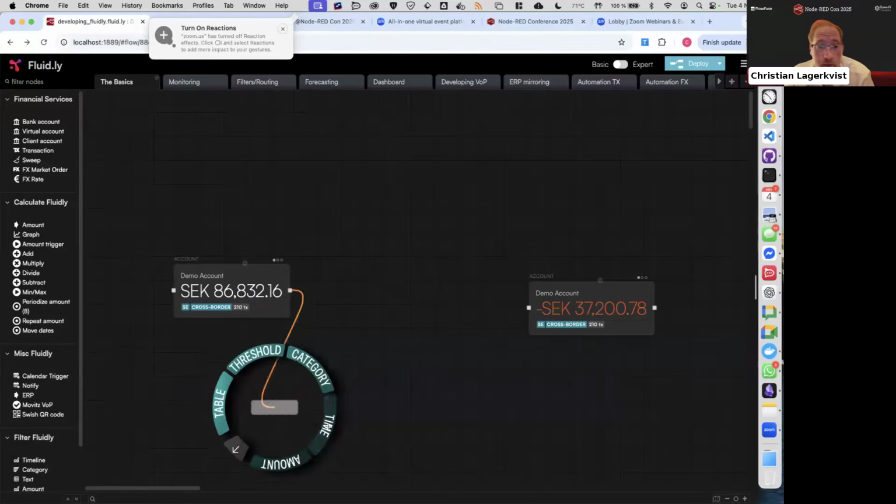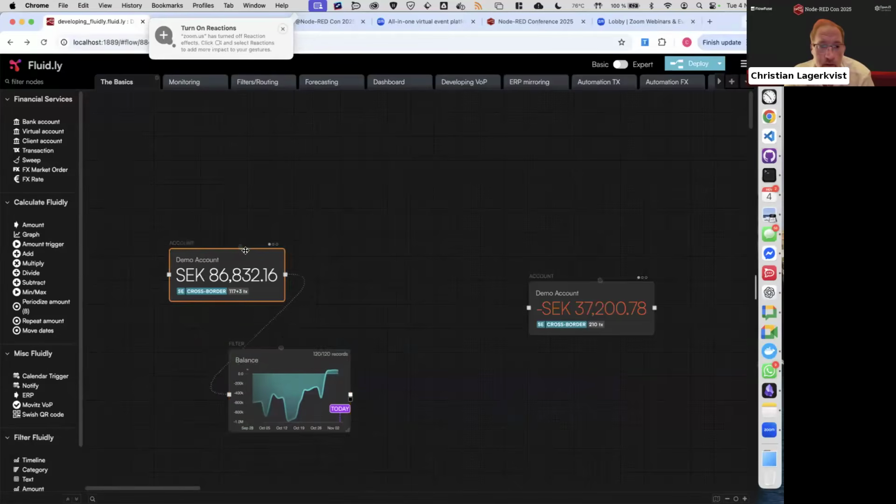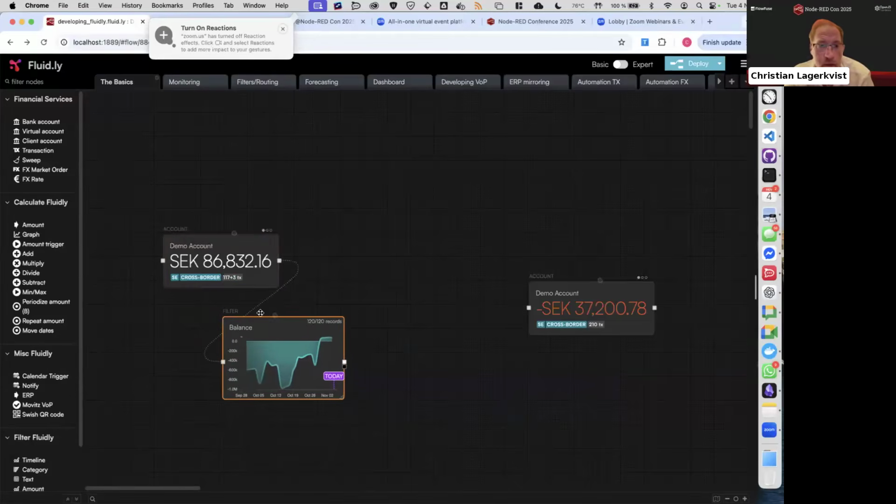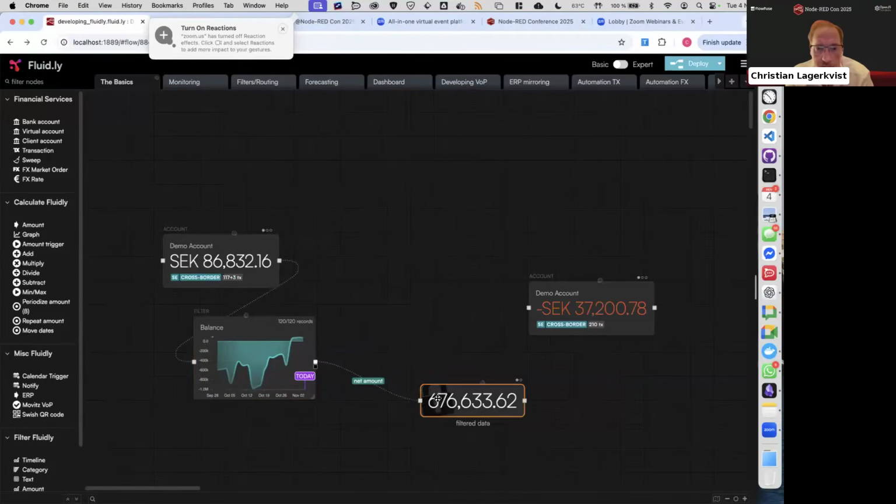And filters are a core feature in Fluidly. So what we're looking at here is the account history from the 28th of September until today. And what I can do here now is connect an amount like that. And whatever I select, I will get the net cash flow of that selection in my amount node.